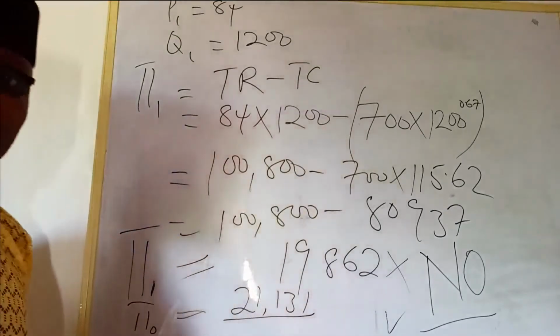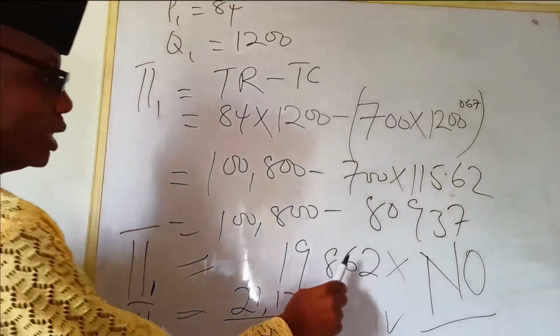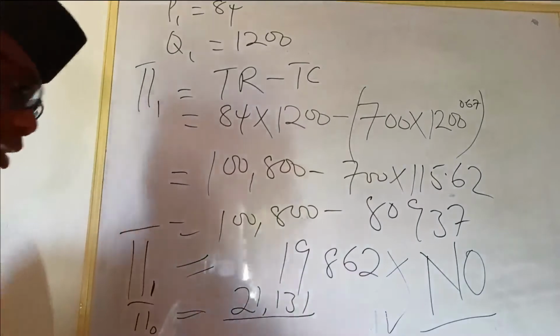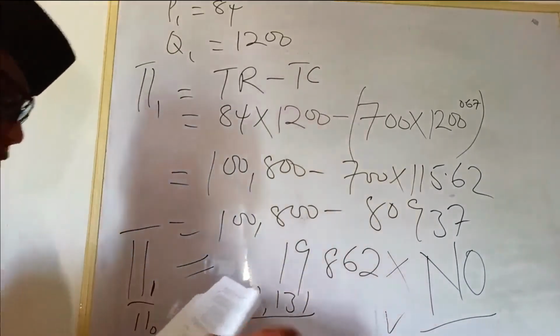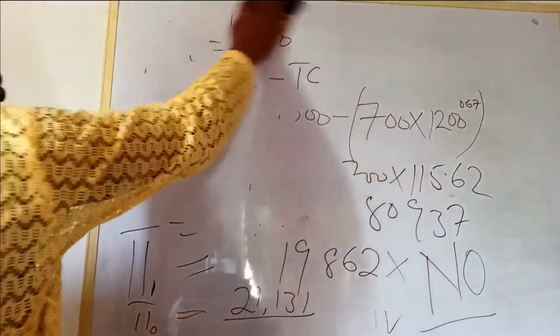Our first profit is much higher, so therefore we should not embark on it. It is less. It is 19,862. It is less. So we move on to the third part of question